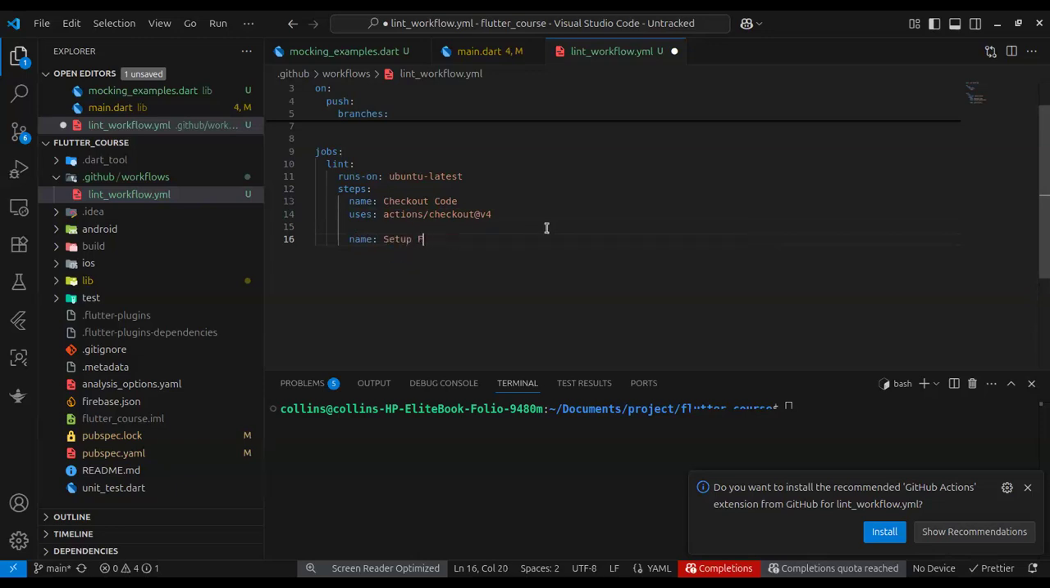Flutter. It uses Subosito, I think that's the name. The Subosito slash Flutter action v2. Okay, so we'll just do a